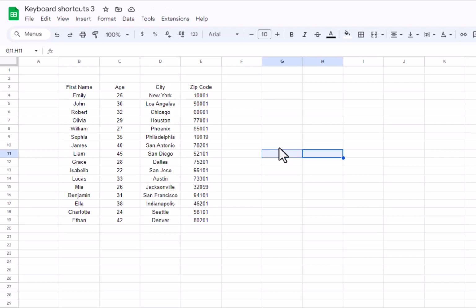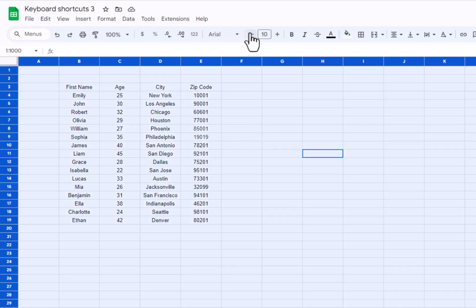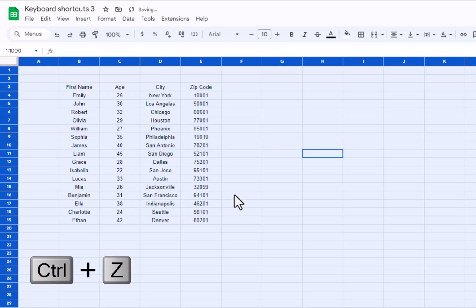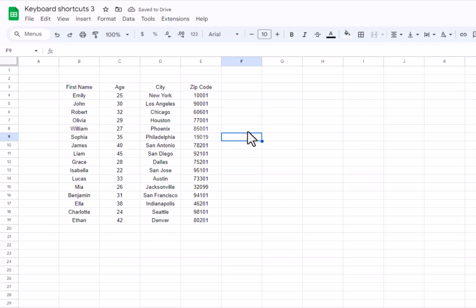All right, so I did my Control A. Now, some of you are looking at this video and saying, hey, Mr. Holloway, this is actually too small. The text is too small. Well, one thing I could do is do a Control A. I could select it and just make it bigger. But that's one approach, but I'm not going to do that. What I'm going to do is I'm just going to do a Control Z,